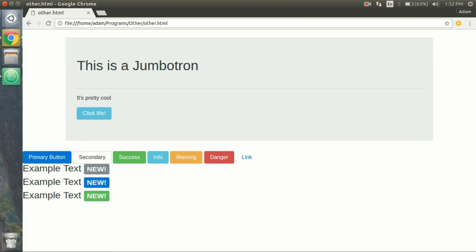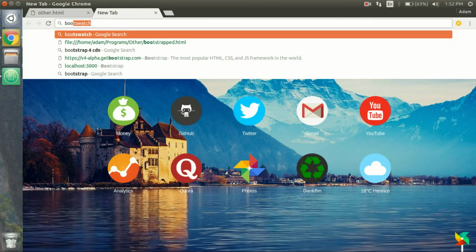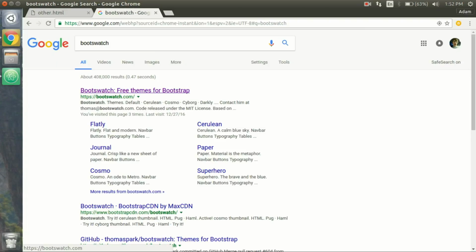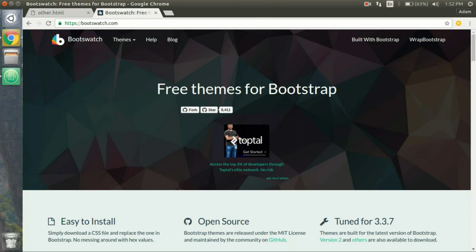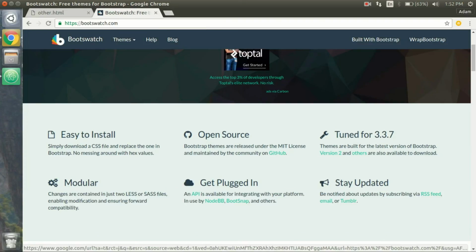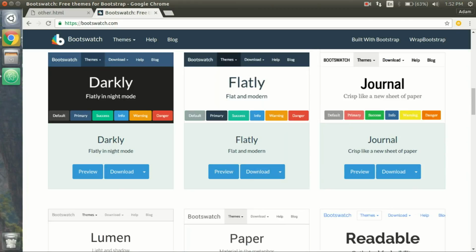In order to do that, there are several different websites that you can go to. However, my favorite website for getting Bootstrap themes is called Bootswatch. Bootswatch gives you free themes, and all you have to do is take whichever looks cool. That looks cool right here, and right next to download there's a little button. You can get the